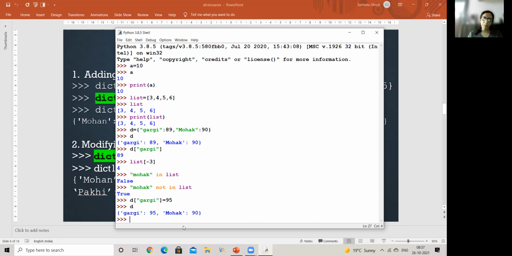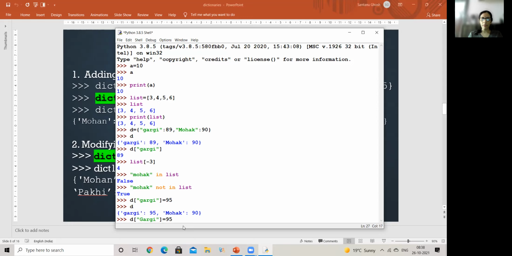Simple. Now, supposing you try to assign a value to a key, and that key doesn't exist. Suppose I try accessing the data for Gargi itself, but with a capital G. The same thing I try to do, capital G equal to 95.